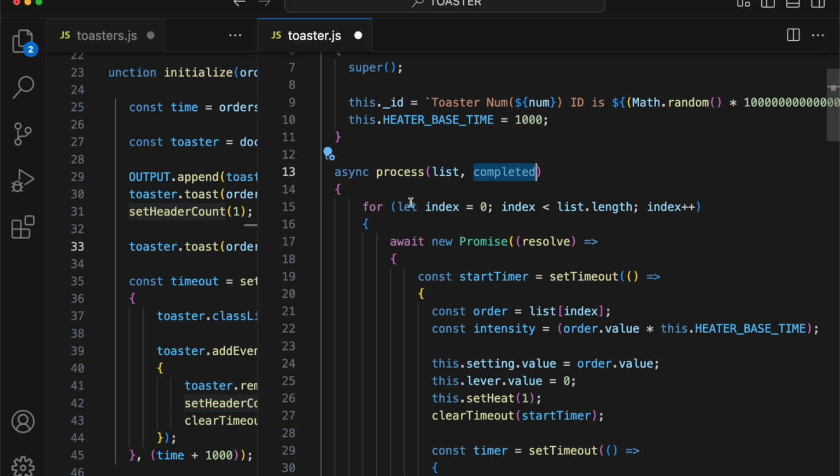And already we're going to have to put this async here. So I had already had that on there. Let's just look at that for a second, because we can see, oh, actually that was already there. I'm confusing this with another one. We have async because we have the await inside the process. That was from another video. This is the completed that's coming in for this process. And we just need to find the for loop. And when we're done with the for loop,